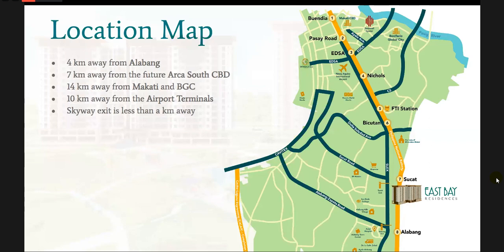But actually, yung perception ng mga clients would be the West Service Road. So dun yun sa kabila ng project namin. So sa West Service Road, nandun talaga yung mga factories, yung mga warehouses, yung mga villages. So doon medyo nako-congest talaga yung traffic. Compared to East Bay na wala masyado, so the traffic here in East Service